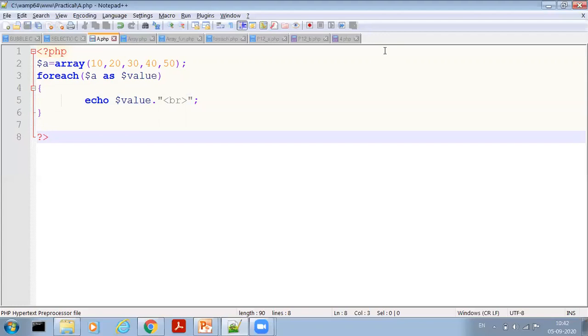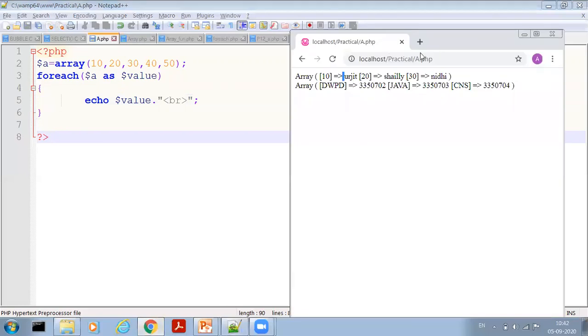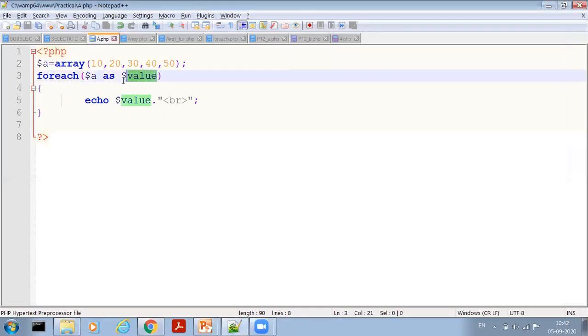First save the code, Ctrl S, then open a browser and refresh. So here the output is like this: 10, 20, 30, 40 and 50. So this foreach statement just prints each and every element of the array. At first the value of $value is equal to 10.